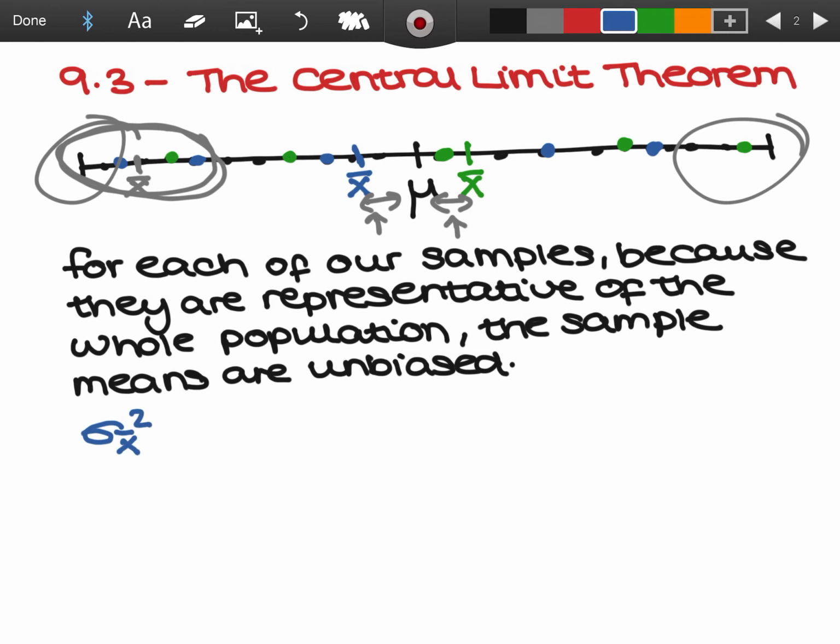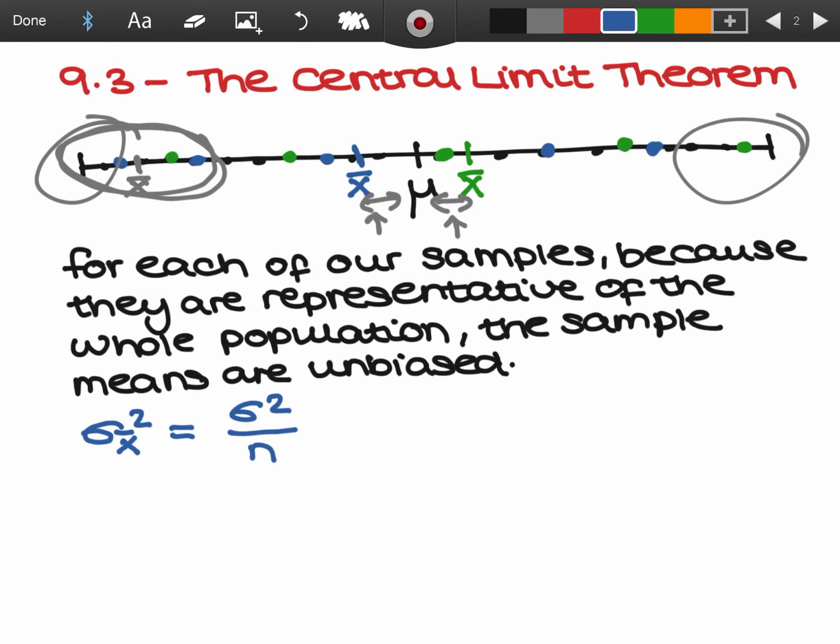So it's sigma squared but with X bar, because you are not looking at the variance of the data points in comparison to the population mean. You are looking at the variance of the sample means in comparison to that population mean. So if I took all of the samples that I could possibly take, with representative samples each time, and looked at the variance of those sample means in comparison to the population mean, you should have that the variance of the sample means is actually the variance of the data points